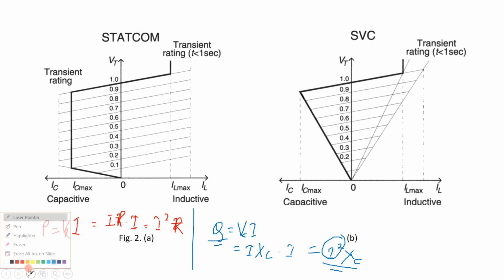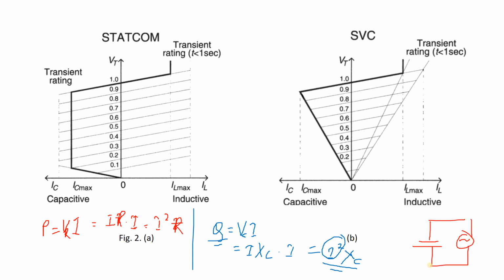The capacitive voltage, because the voltage acts across a capacitor. Suppose I am taking a capacitor like this, connected to an alternator. So whatever the voltage is there, suppose V is there, the same voltage will be across the capacitor. If V is decreasing, capacitor voltage is also decreasing. So reactive power generation by the capacitor will also decrease. Okay, so capacitive current will ultimately decrease. But in this case, for low voltage also the capacitive current is fixed.